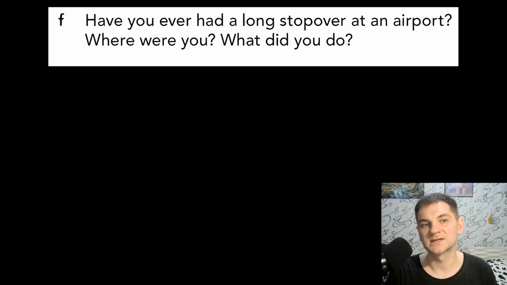You can start with yes, I have, or no, I haven't. In case you have, you can say it was 2 years ago, 3 years ago when I was traveling to, and so on. Where were you? I was at, and name of the airport. What did you do? It's up to you. You can say whatever you want. I did that, I did this, and so on. And try to list things that you did there at an airport. Let's go. Speak about this.